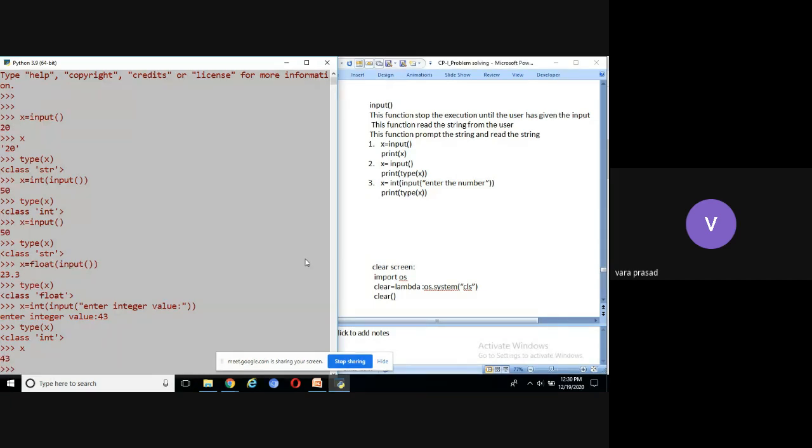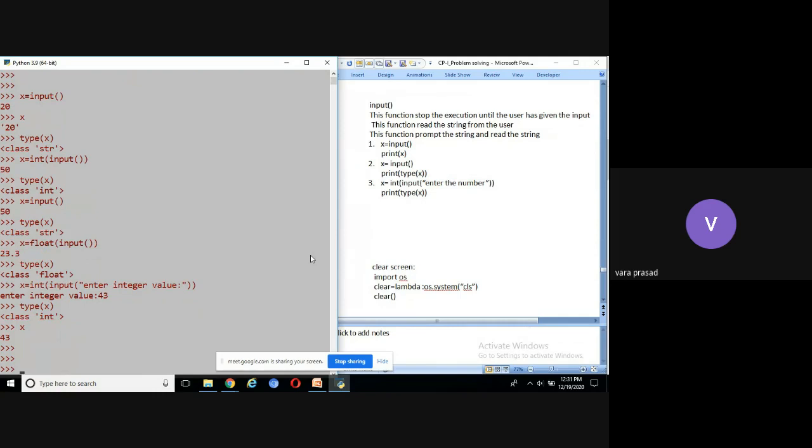The value of x equals 43. Is it clear? Read the string: the input function reads the string. Second point, the input function stops the execution until the user enters the value. And number 3, the input function prompts the string, then reads the string from the user. Any questions regarding the input function?